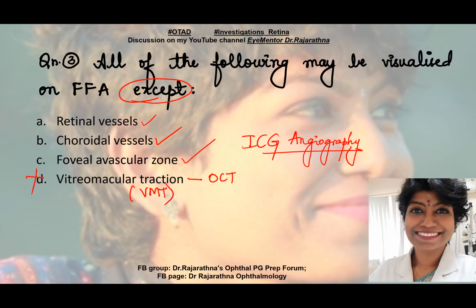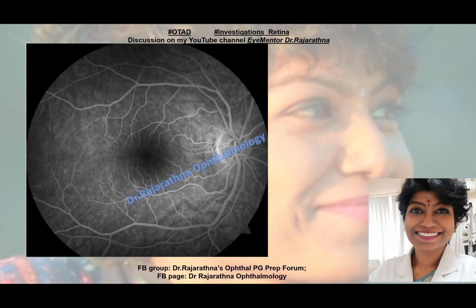All right. Okay, so we go to see how FFA looks like. So in FFA, you can see the artery, which is a little thinner, the vein, which is a little thicker. Then you get to see the various capillaries, and all the capillaries are ending here. So I've got a capillary free zone which is called foveal avascular zone. Now what is a normal, average diameter of FAZ? I want you to mention this in the comments.